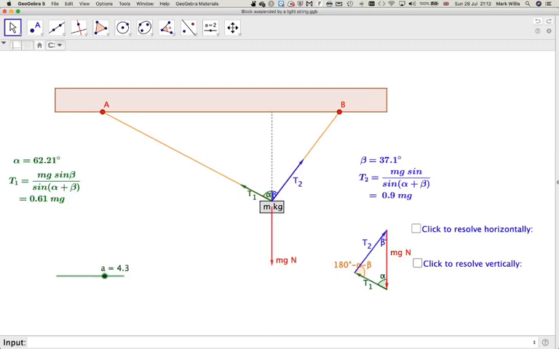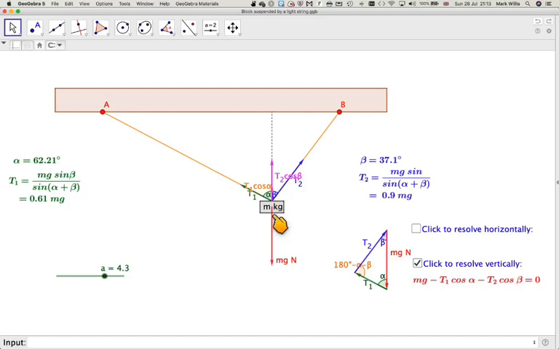To solve a system like this, we can draw in the components of the force here. So this force here will be T1 sine of this angle, i.e. it's opposite it, and this force here will be T2 sine beta. Therefore, to resolve horizontally, taking this way to be positive, this to be negative, we're going to have T2 sine beta minus T1 sine alpha equal to 0. These would have to balance each other out. Then if we had to resolve vertically,